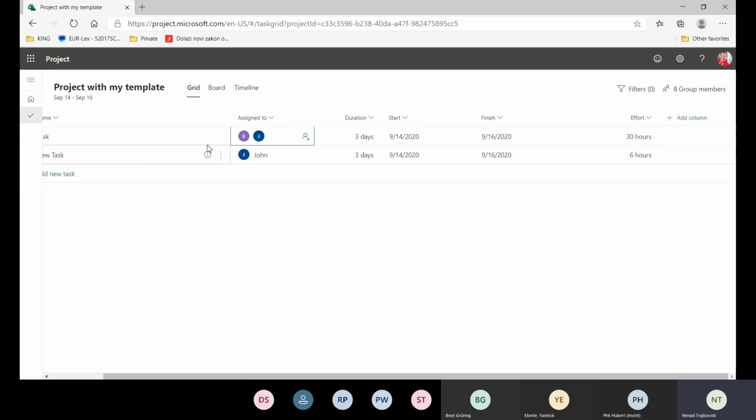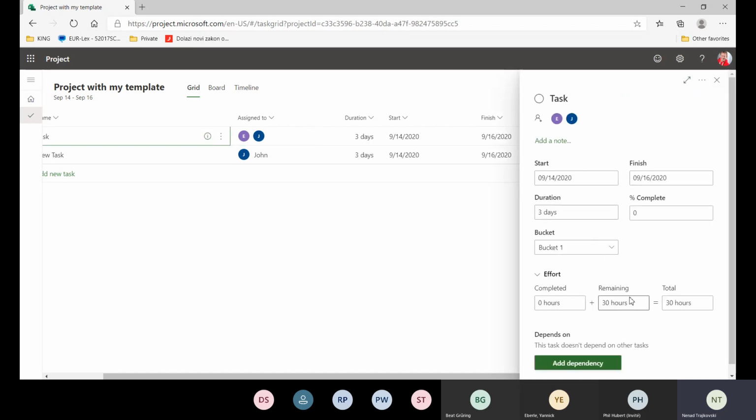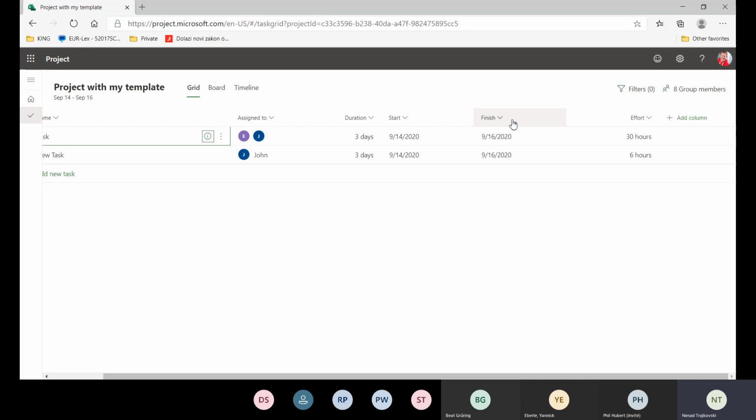So now I can do whatever I want here. I can put how many hours are already spent, how many are remaining, is there some percentage of completion, etc. So basically, this is in the shortest way what you can see and how you can work with